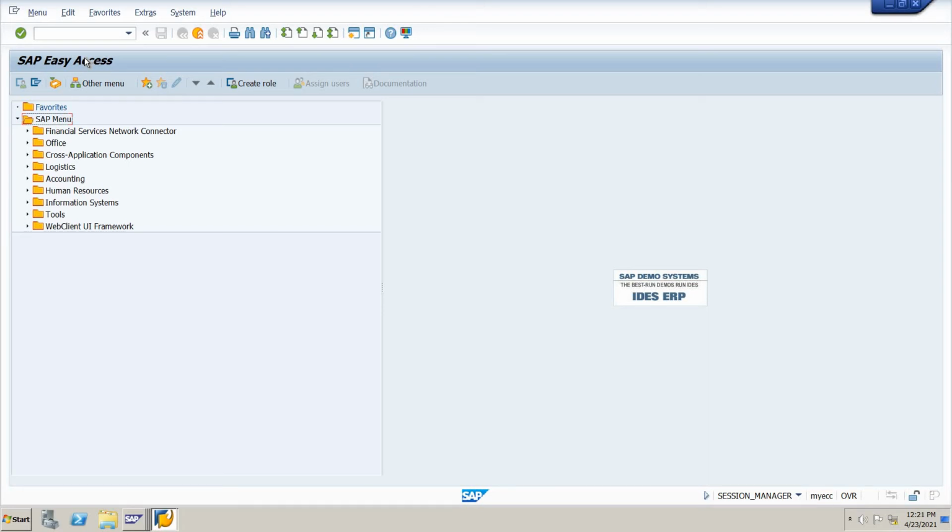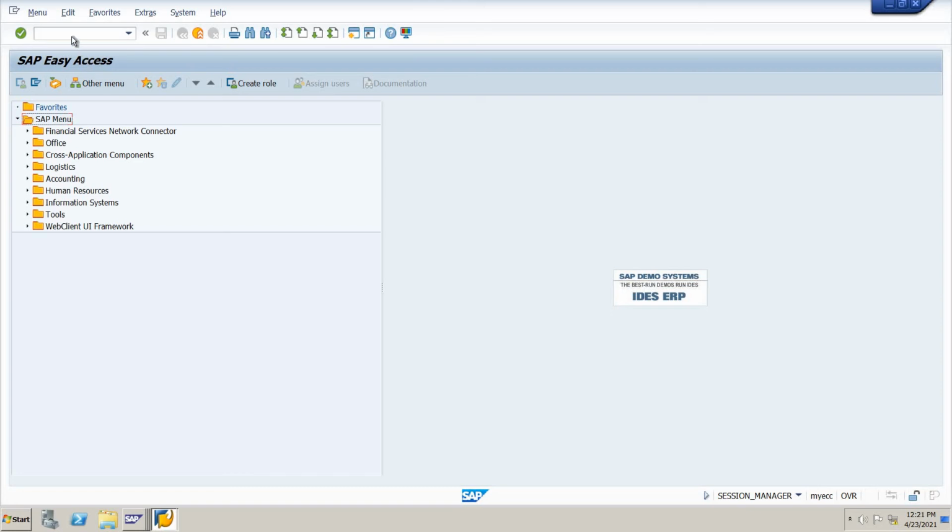What is the SAP consultant screen? In this screen, the SAP consultant will do all configuration and customization according to the client requirement in the sandbox, development server, quality server, and production server he is using.